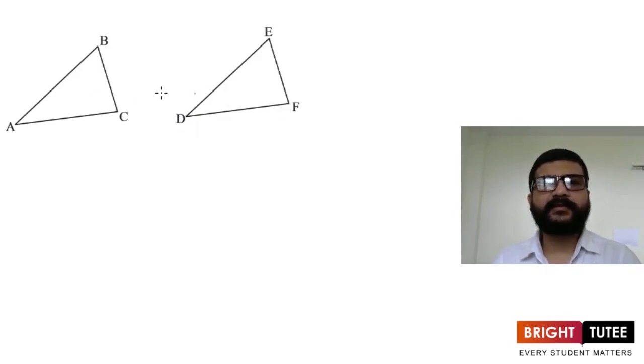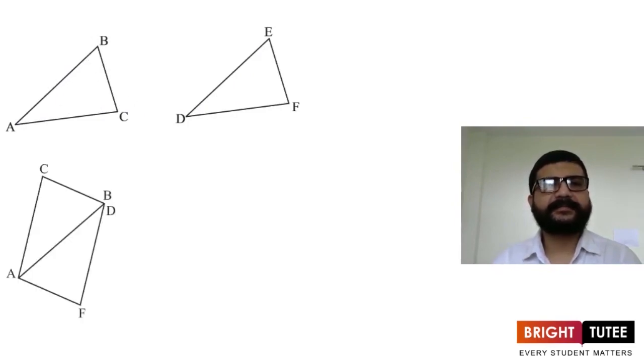So now what do you think about these two triangles? Are they congruent? You can try to superpose one triangle over the other one. If they completely cover each other, then it means they are congruent, and you will find that they are congruent only, because this is how we made the second triangle. So now we can just rotate this triangle DEF and try to place it along the triangle ABC like this. So you will get a figure like this.